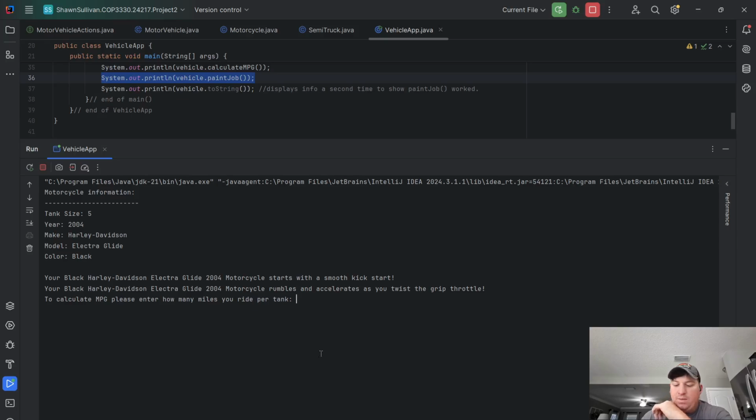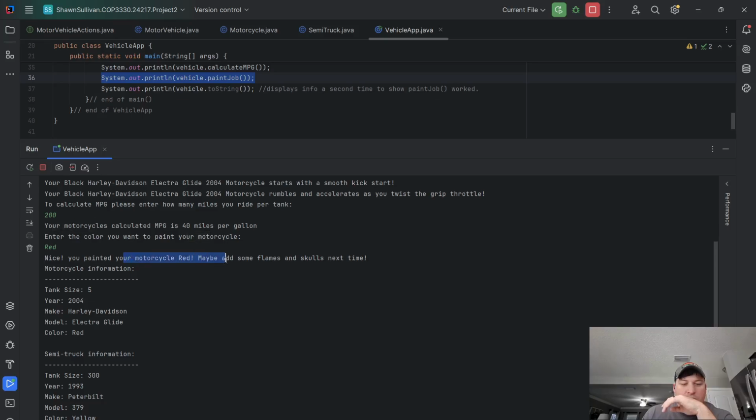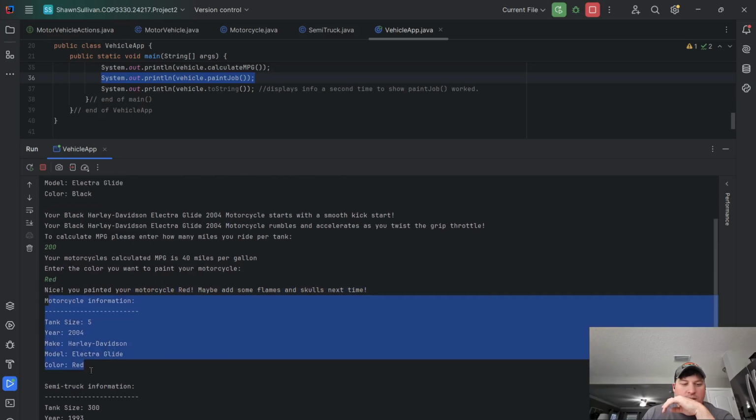We're going to go ahead and give that how many miles did you ride on one tank. We're going to go ahead and enter 200. Should return 40 miles per gallon. Perfect. Your motorcycle calculated MPG is 40 miles per gallon. Enter the color you want to paint your motorcycle. Let's go with red. So nice, you painted your motorcycle red. Maybe add some flames and skulls next time. And then we print our motorcycle's information one more time to show that it did in fact change the color